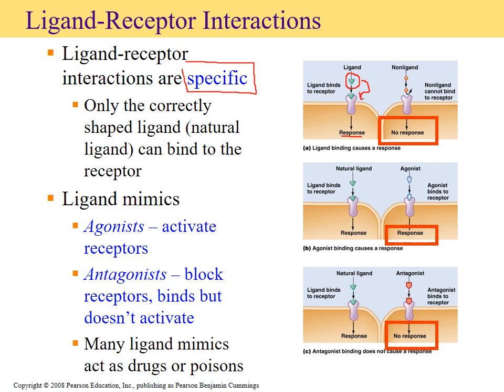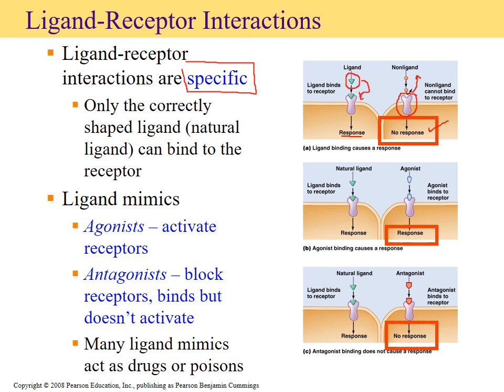response to occur. If we see that there's a ligand that looks different or it's not a match, it will be rejected by the receptor. So as you can see right here, it's being rejected, can't bind to it, and thereby no response will be generated. We also see that because there are such a wide variety of ligands, and because of the knowledge that